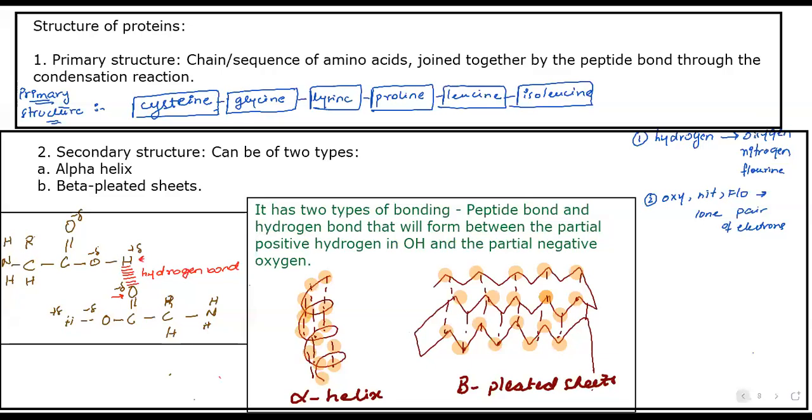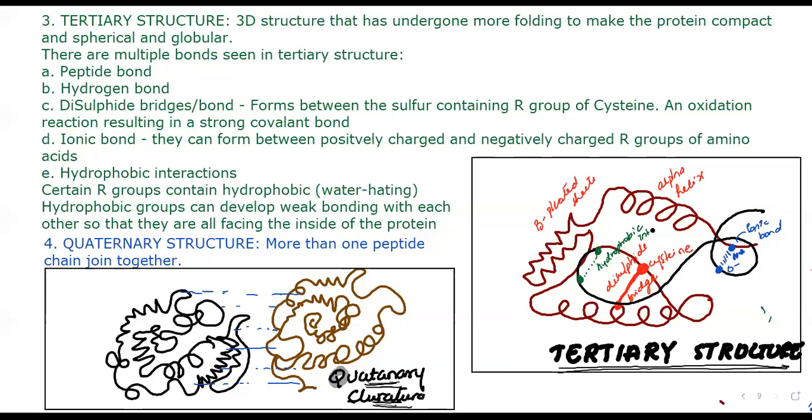Then we have certain proteins whose maximum level is secondary structure, like collagen and keratin, the structural proteins that provide us strength and support. They will only fold up to the level of secondary. They won't go past secondary. So we can have different types of bonding seen in our proteins, and proteins can develop different levels of structure. All clear? Any confusion? Anything that you would like me to go over?